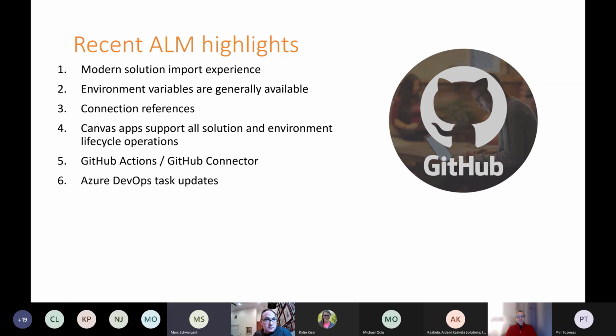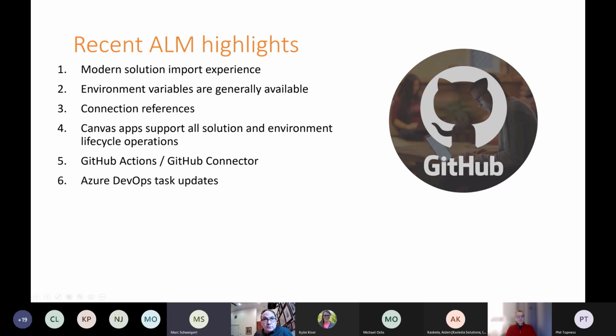of doing so. And then last but certainly not least, the Azure DevOps tasks that Microsoft releases, typically referred to as the Power Platform build tools, continue to grow in terms of the task library. And that task library will continue to grow. And in fact, one of the things that our project that we'll be talking about has served to do is help work with the Power Platform build tools task team to prioritize additional tasks that Microsoft will be releasing for folks like yourselves to use. In fact, the last 2 tasks that were released, we helped drive that prioritization.